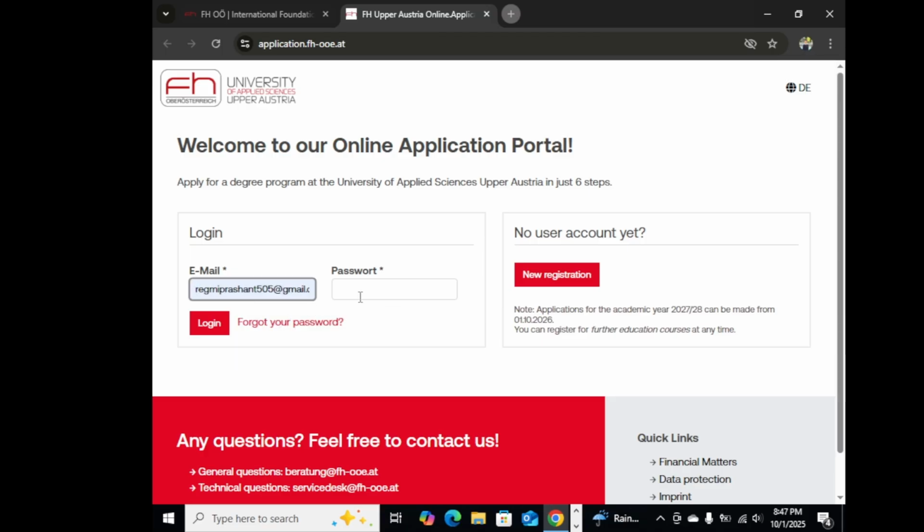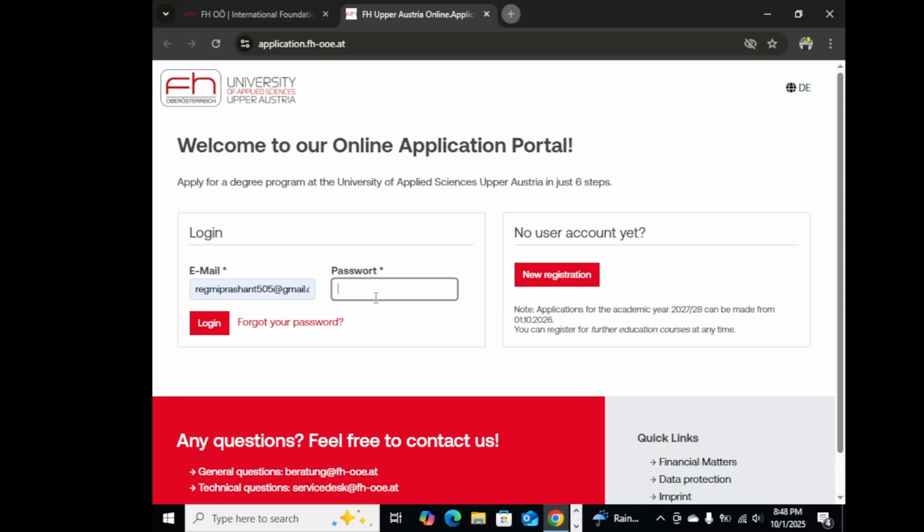I have already created that account. So you can see here the date is 01/10/2026, and it says application for the academic year can be made from 01/10/2026. It is wrong, I think. And this portal opens today because